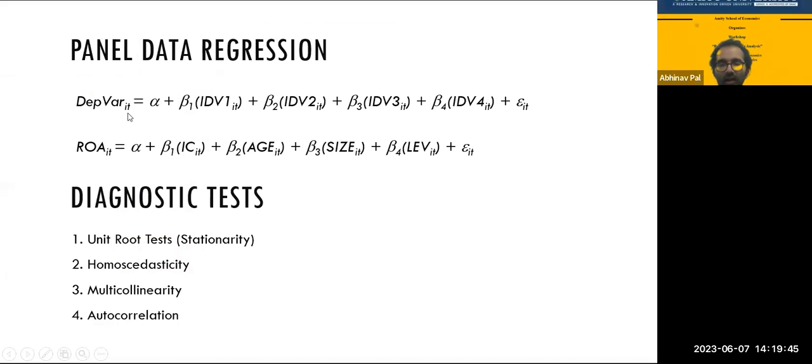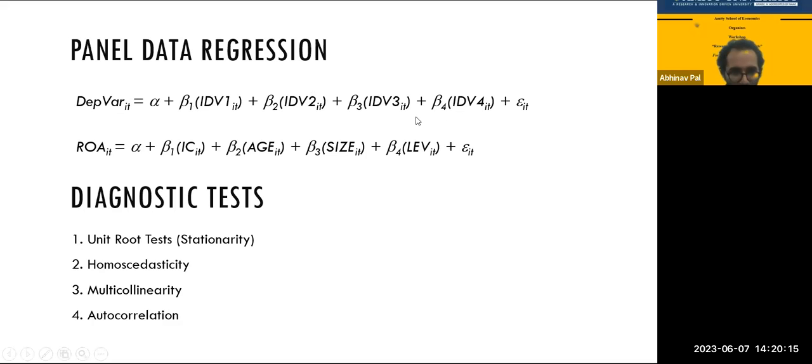I and T are basically denoting that it's both a cross section and a time series regression that we are trying to run here, right? So if you look, depth var represents your dependent variable, right? So depth var refers to your dependent variables, and beta 1, beta 2, beta 3, and beta 4